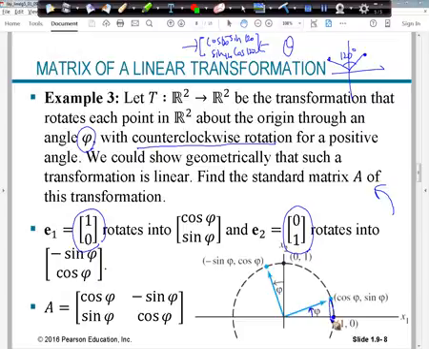So we draw this triangle with the right angle. And then we know the coordinates of this point, so this is 1, right? So the hypotenuse of this edge is still 1. And so it's cosine phi and sine phi. So the resulting vector from this guy, through this transformation of rotating with the angle phi, becomes this